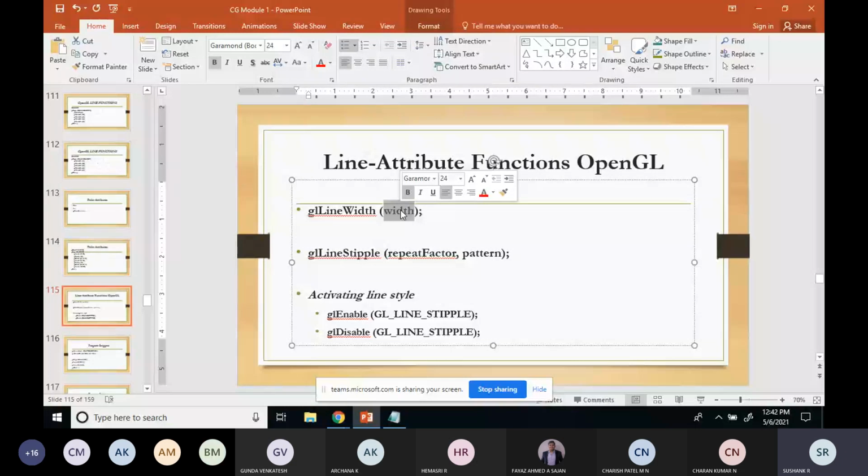If you give the input as 0.0, it will be treated as 0. Even then the default width is 1.0, so if you give 0.0 it will take the standard width itself, which is 1.0.